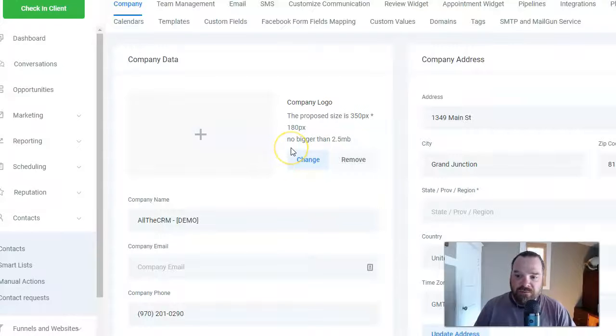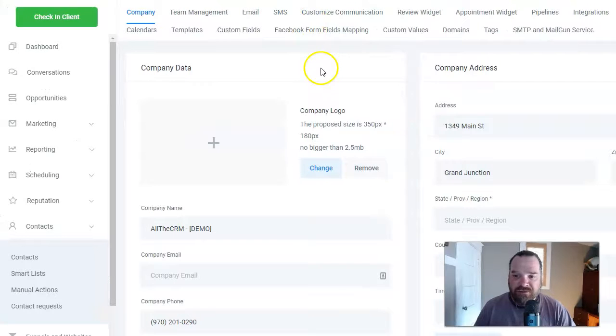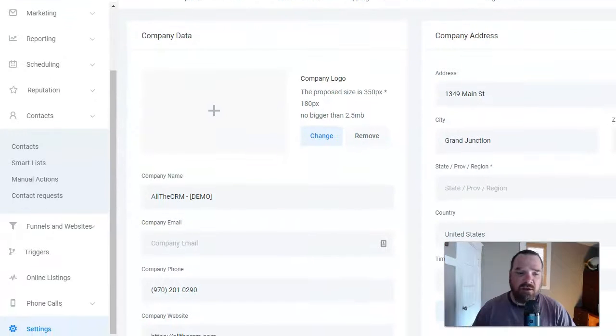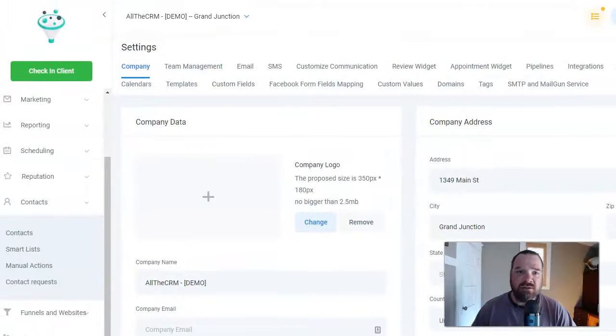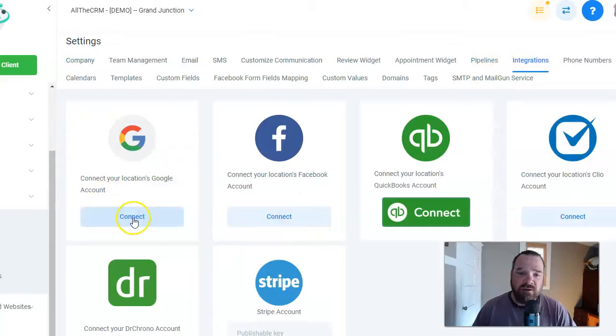Hey, alright, so this tutorial is going to walk you through how to set up two-way sync on your Google Calendar so that appointments that come in through AllTheCRM booking calendar or appointments will show up in your Google Calendar. To do this, you're going to cruise on down to your location settings. And inside location settings, you're going to go to integrations right here, and you can connect a Google